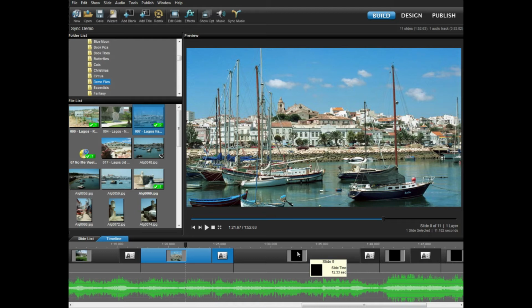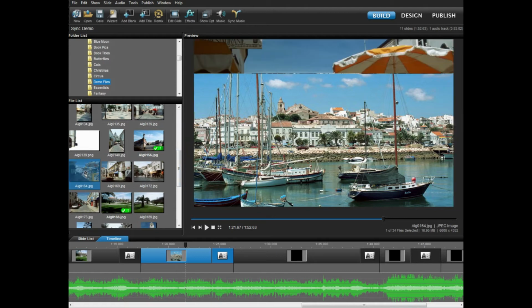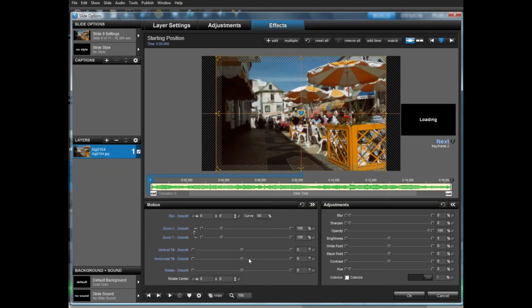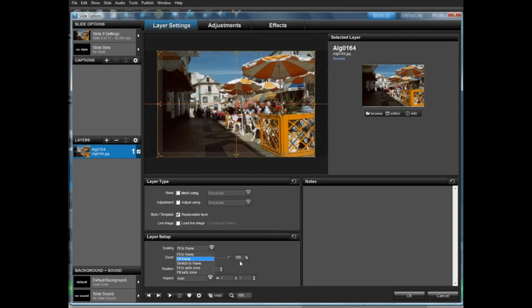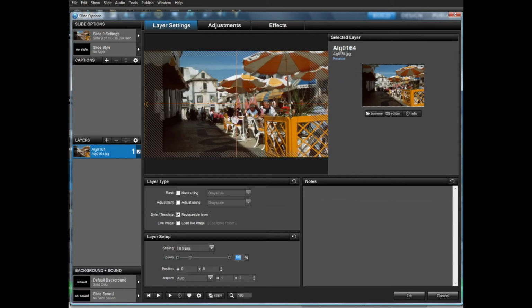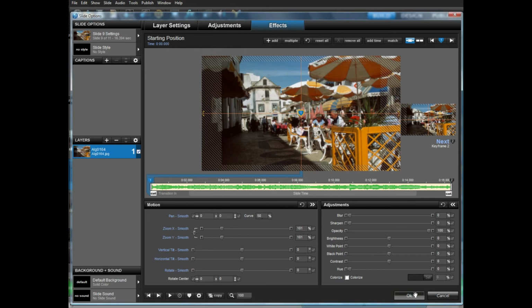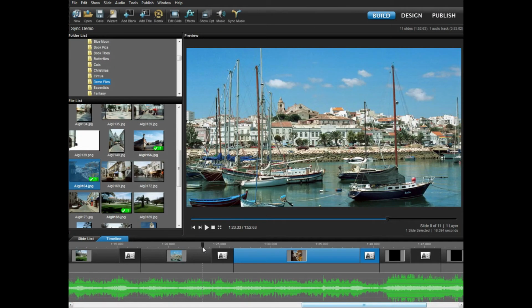This is slide 9. And slide 9 is 164, photo number 164, which is that one. And we'll set it to fill the frame. Edges don't look too bad, but we'll make it 101. And I think, yes, I can see all the detail in the blacks. That one's okay. And we'll find